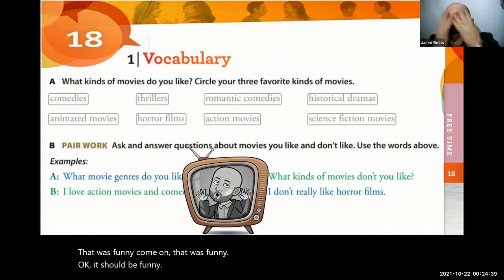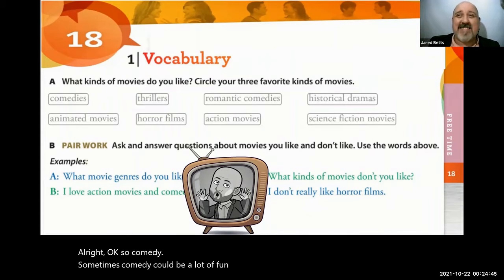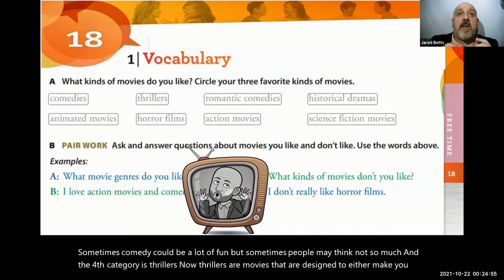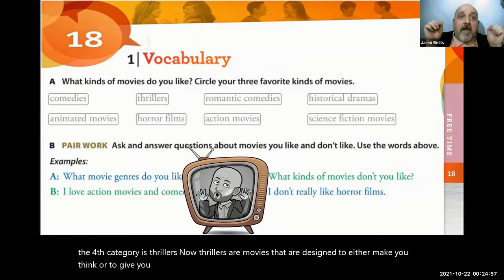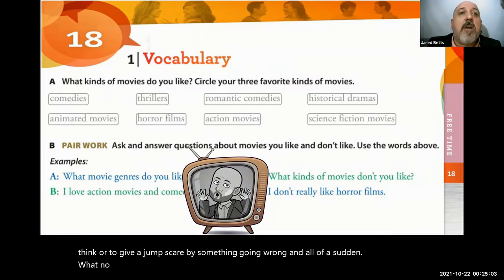All right, okay. So comedy, sometimes comedy can be a lot of fun, but sometimes people may think, not so much. And the fourth category is thrillers. Now, thrillers are movies that are designed to either make you think or to give you a jump scare by something going wrong, and all of a sudden, oh no, what's happening? You don't know what's going to happen. But when you do get a thriller,